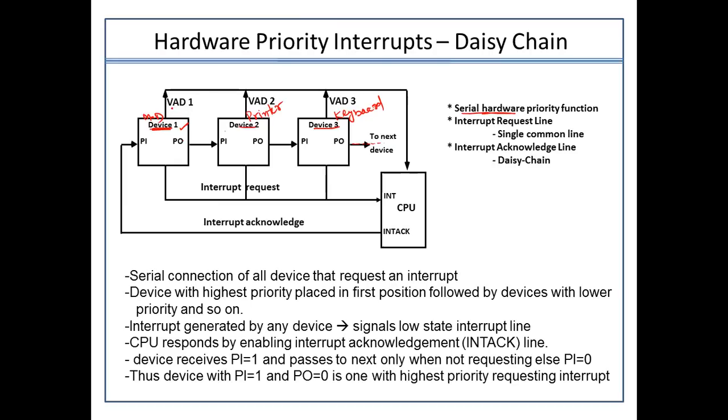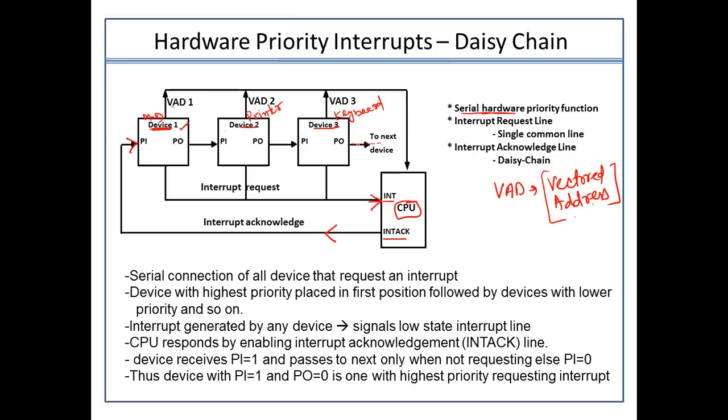As I said earlier, each device has its own vector address. This VAD is the vectored address, the address depicting to which particular part within the memory they have to go. These are depicting the direction. This is the manager, the CPU, which will manage the entire interrupt within the hardware. Now you can see there are two lines: one coming into the processor and one going out from the processor.